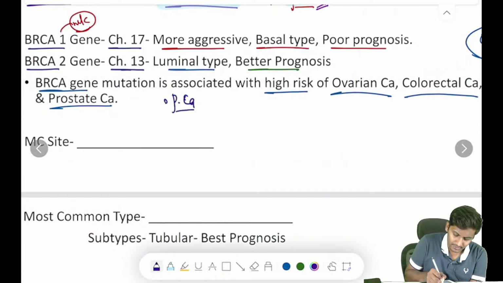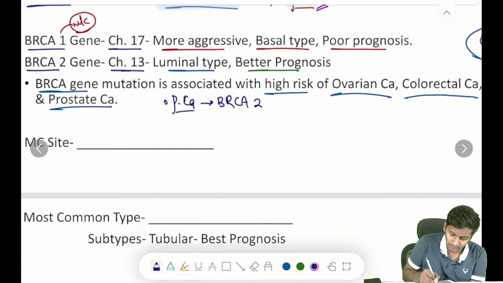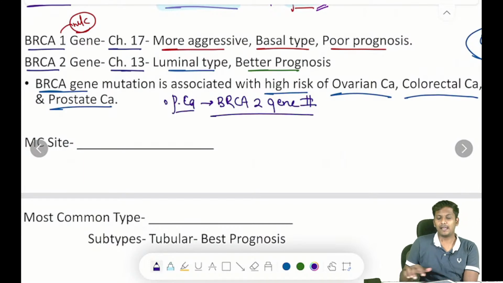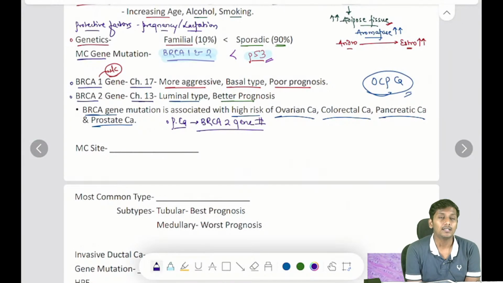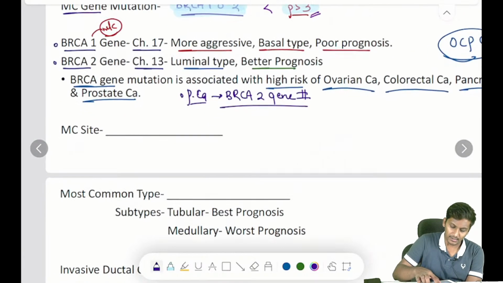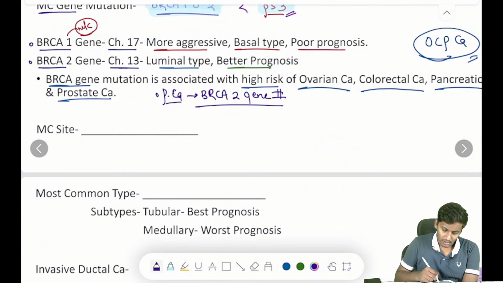are commonly associated with BRCA2 gene mutation. Yeah, they are associated commonly with BRCA2. Okay, ovarian and colorectal are associated with BRCA1, but please remember the P cancers, that is your pancreatic cancer and the prostate cancer, they are mainly associated with BRCA2 gene mutation more commonly. Okay, remember this. Okay, important is